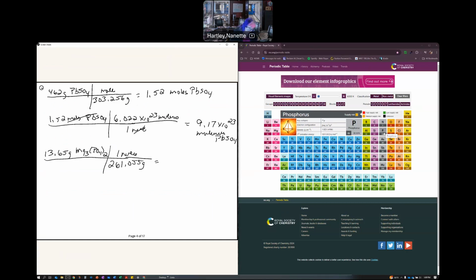So 13.65 divided by 261.055. And I get 0.052. I should have 4 sig figs, so 0.05229